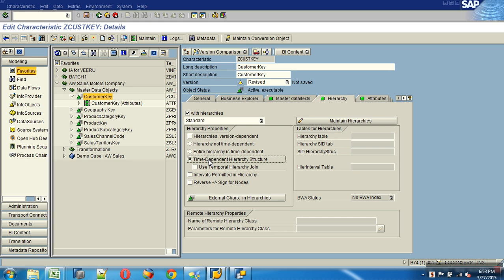In this case of time dependent, your file will have 2 more fields extra. One is date to and date from columns extra on time. Now if I say entire hierarchy is time dependent, say now